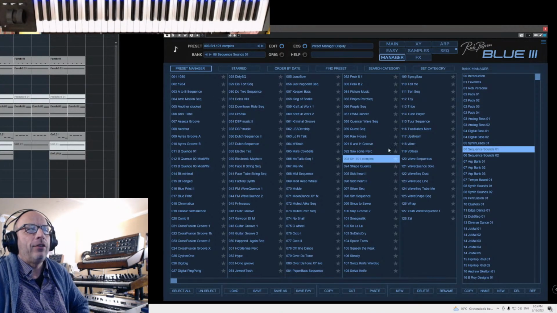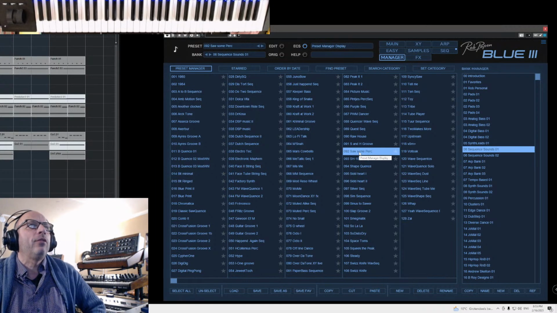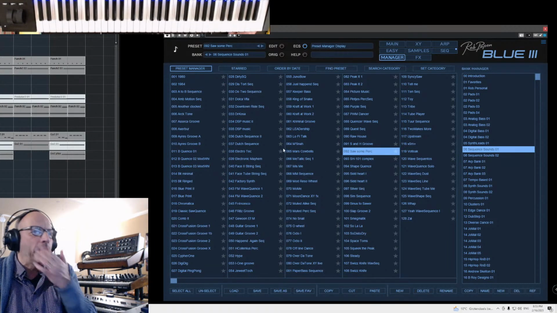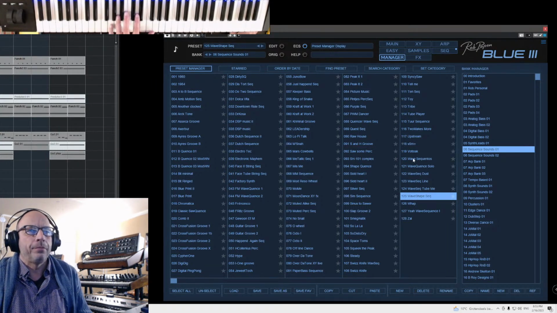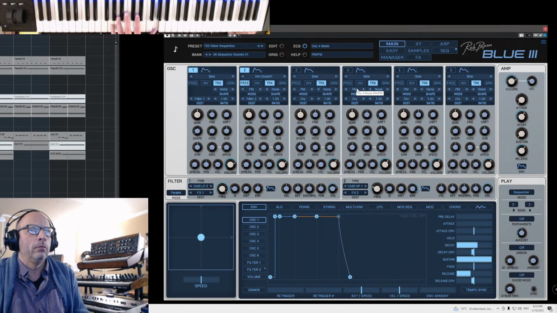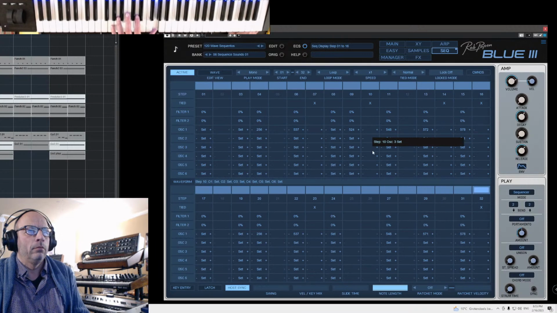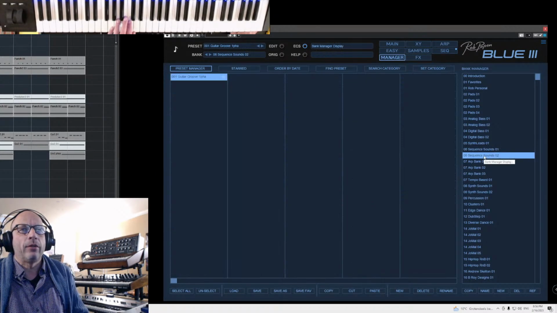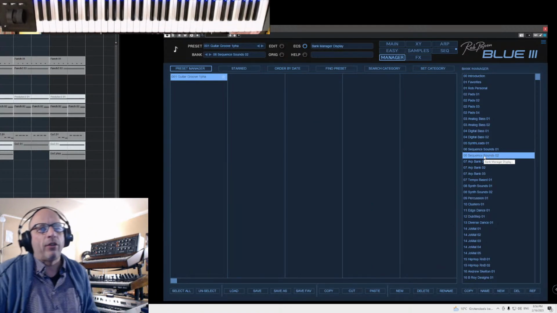no, this is the current bank, that's what somebody is asking. Is this no? It's the sequence sounds 1. So there's a lot of sequence sounds, wave sequencing. So this is the wave sequencing stuff. So this is the bank. So if you scroll down, sequencer sounds 1 and sequencer sounds 2, which has only one preset because